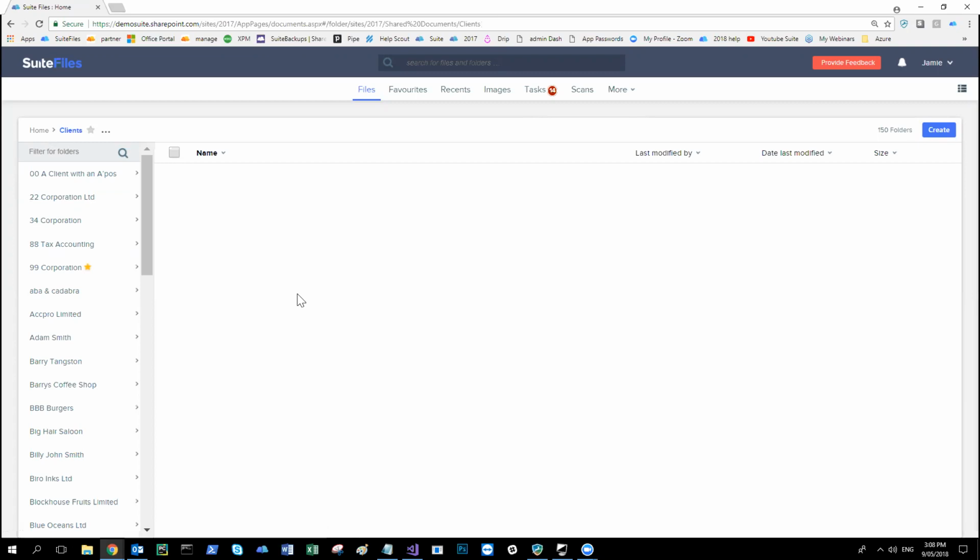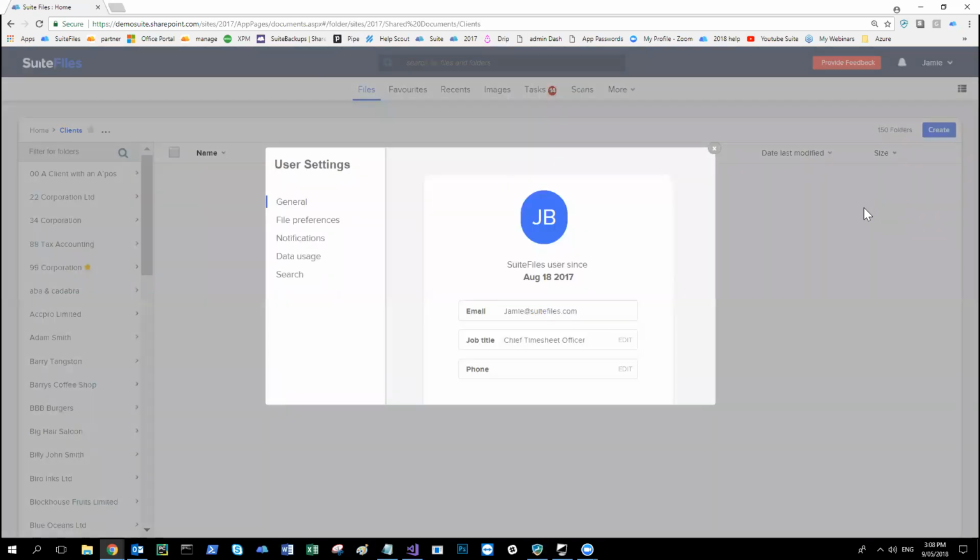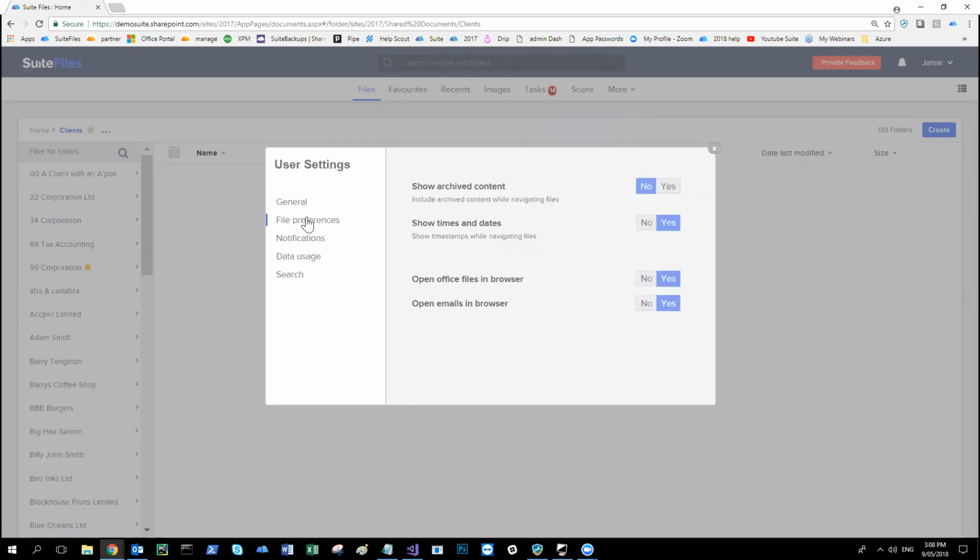The user settings are now accessible by going to the top right of the browser and clicking on your username here. So I'm going to click on where it says Jamie. And if we go into user profile settings here, this is going to take us to our user settings or our user preferences. What you can do here is go into the file preferences tab, probably the most useful one here to know about,